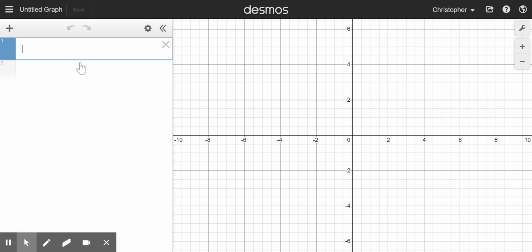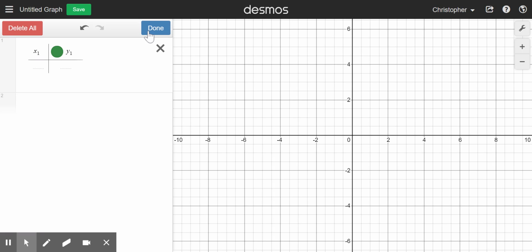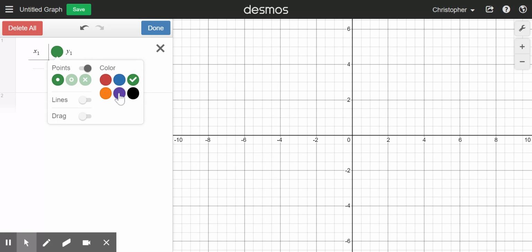And then if you want to create a table, you're just going to go to this plus and you're going to see that there's a couple of things here and you want to select table. And you can modify the variable here as well as over here and change the colors of the dots in, I think, setup. No, I'm wrong. But yeah, once you go to setup, you can click on the color